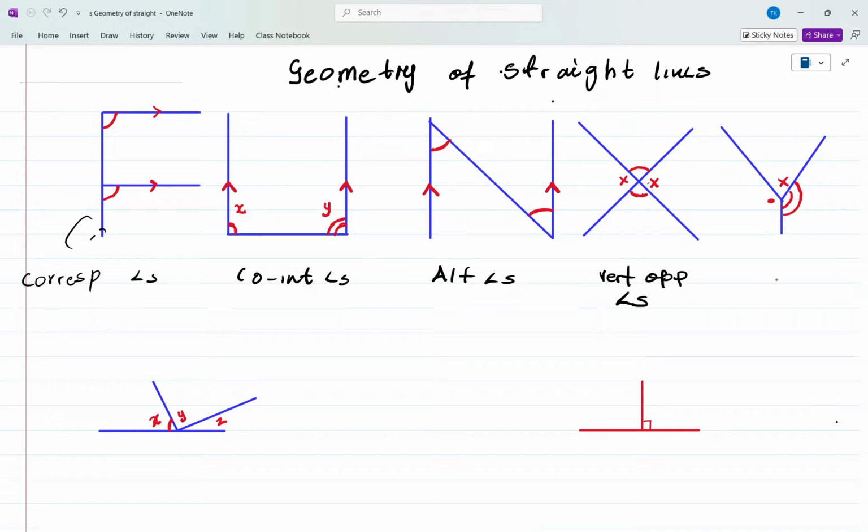And then lastly, on the above row, you have angles around a point. And then coming to this one will be straight line angles. Some other books, they denote this as angles on a straight line. So going back to the first one, the one that we said it is called